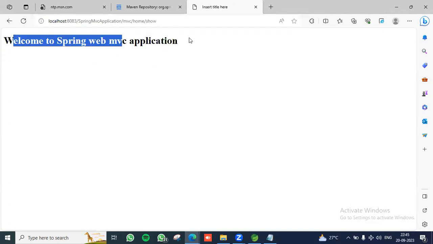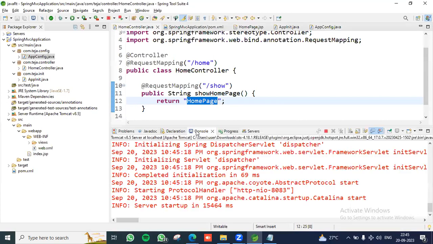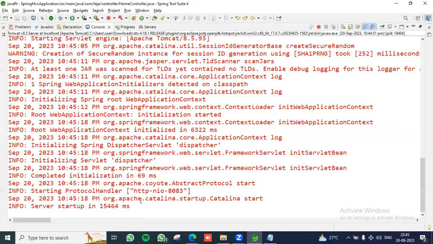We got the output here. Welcome to Spring Web MVC application. That means we have executed the web application inside the web server. That is great, and the application is running on the server. Okay, fine. Now, what is the proof, sir? I want the proof. Now, observe the server has